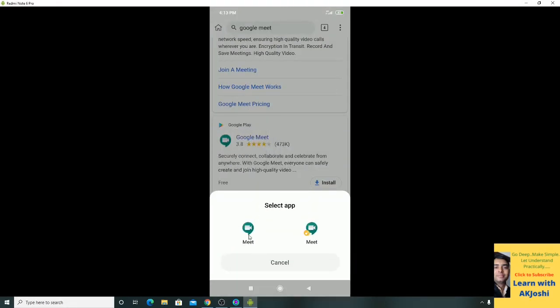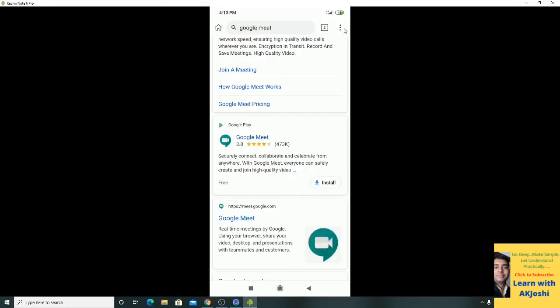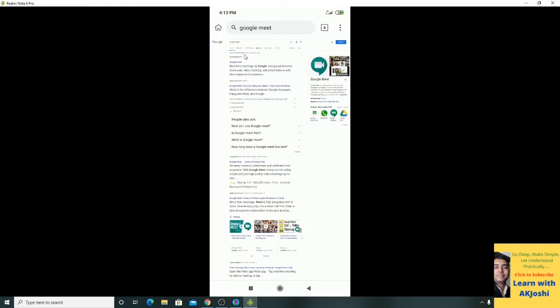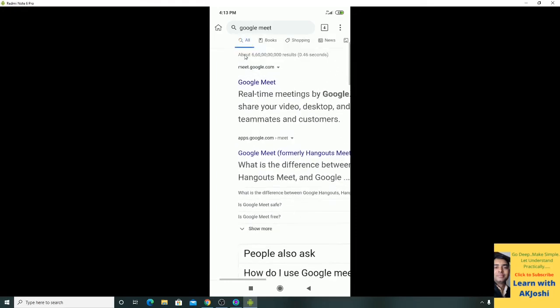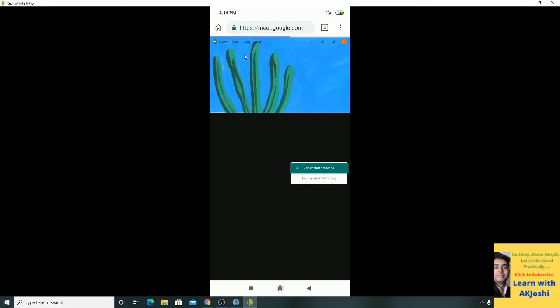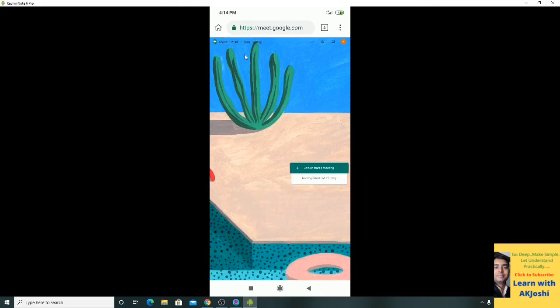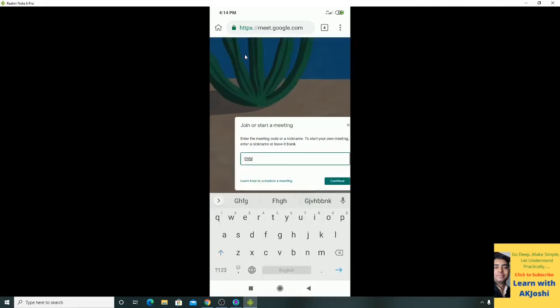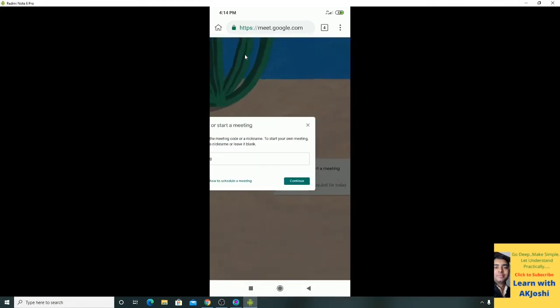By default, when you are clicking, it is asking for the apps. So simply click on cancel and tap these three dots to open the settings. Then click desktop site. Then open this. You can zoom this. Open meet.google.com. So this will open the default site. Now here you can start your meeting. Any nickname. This nickname is asked when you have an organization account, else it will not ask.